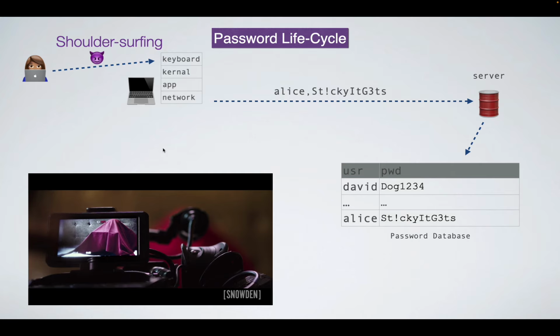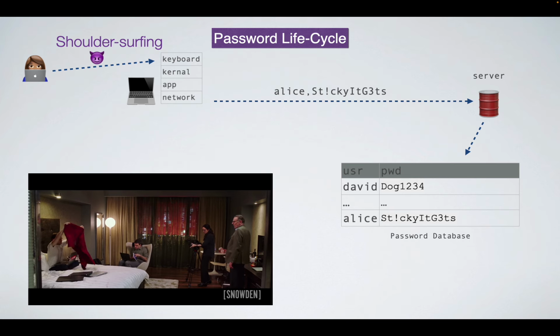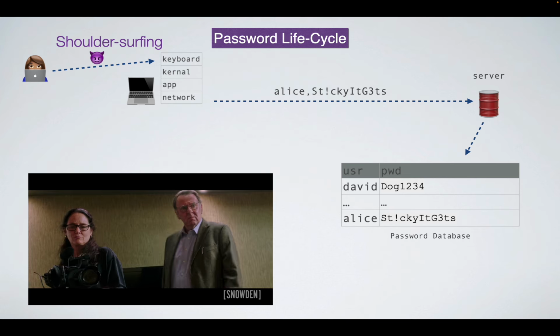One thing he does at one point is he's in a hotel room and he wants to put his password in. So he has this big, elaborate contraption that's kind of like a quilt. He puts his head in one end and he has his computer in the other end, and then he types his password in. So I have a clip from the movie. You can kind of see him do it.